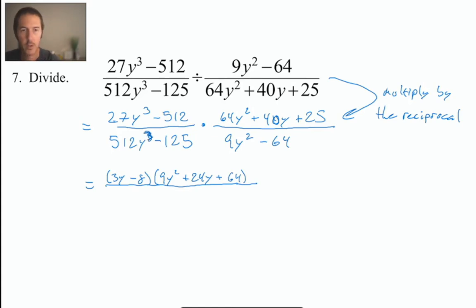There we go. Now it's a difference of cubes. Perfect. 512, we already talked about it. It's a perfect cube. 125 is 5 to the third. That's a perfect cube. So let's factor this. We get,